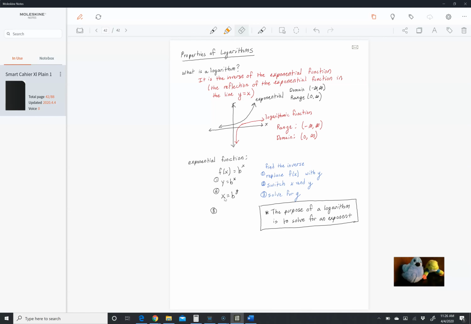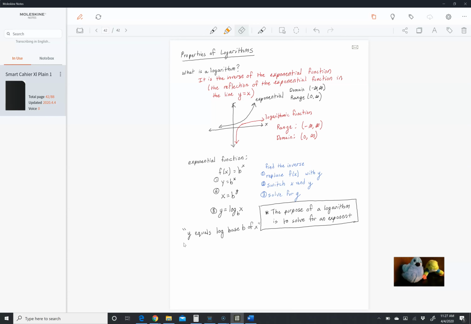And here's how it works. It's going to be equal to log. This down here is a base. So base b of x. So that's what this looks like. So the way that we say this is y equals log base b of x. So you are in the quiet of your own home, or go into a corner and be in